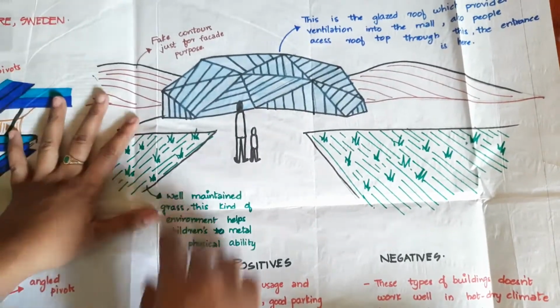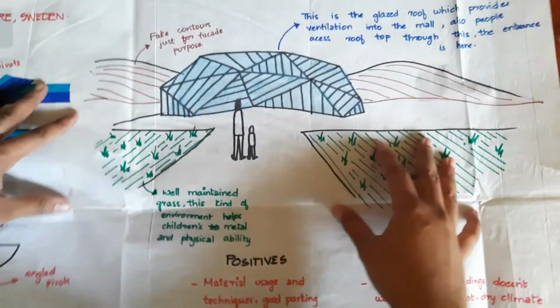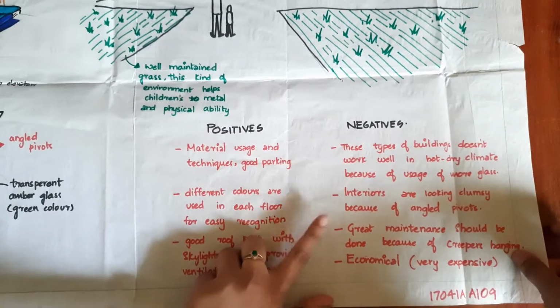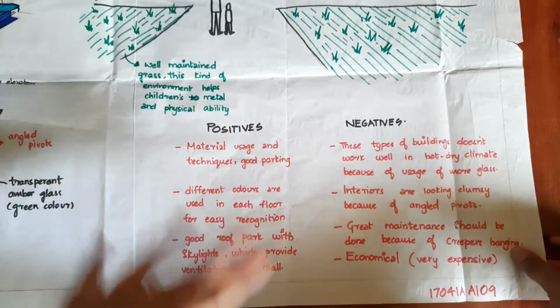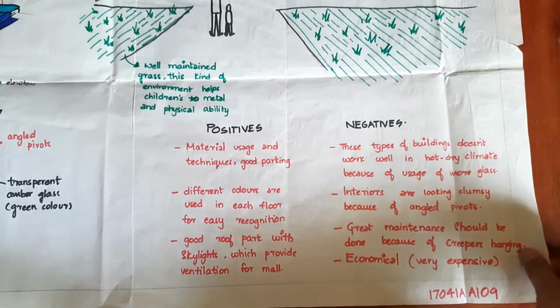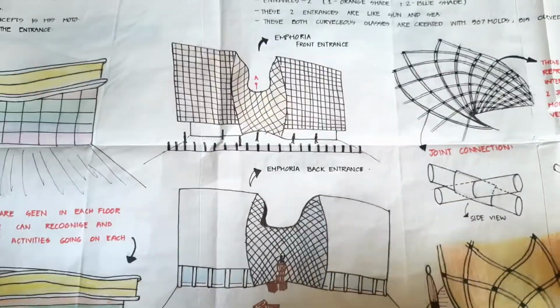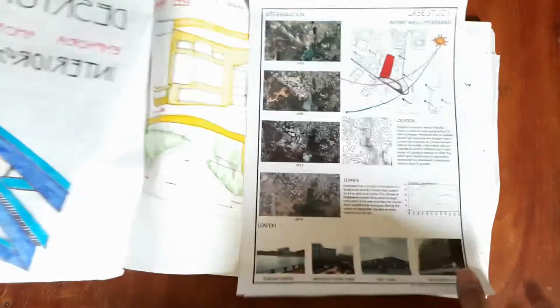It also has a terrace garden where they placed artificial contours and some glazed elements, so that people get attracted. I've also noted some positives and negatives of that particular project, so that it will be really helpful for my mall. And that's the whole thing about my desktop study. After every study, these inferences really help you a lot in your project, and make you realize what to do and what not to do. So the inferences are key things to continue with.